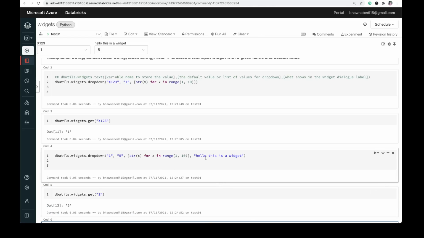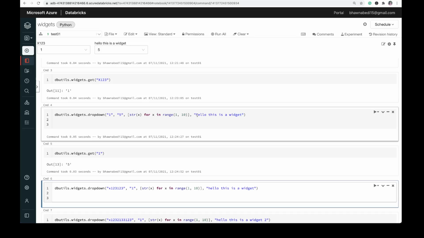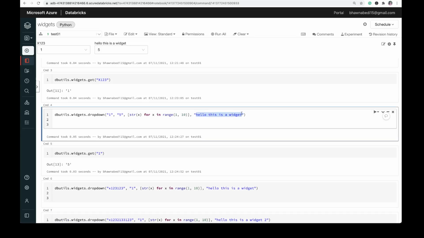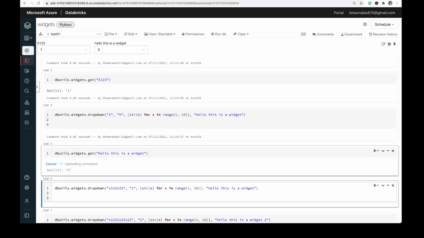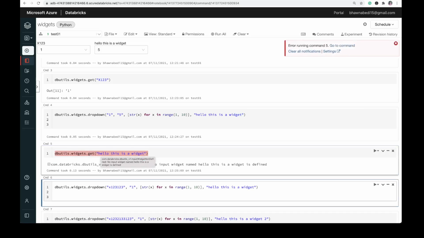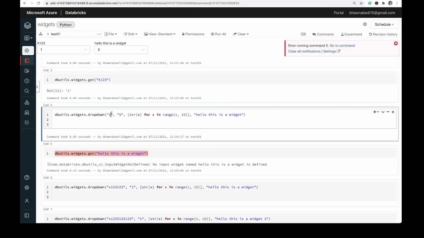So if I use 1, you can see you have got 5 over here. And you cannot use "hello this is widget" because this is just the display name. So let me in fact try and run this over here. You can see that it says the input name is not defined, because the name of the widget is something that you have described over here.